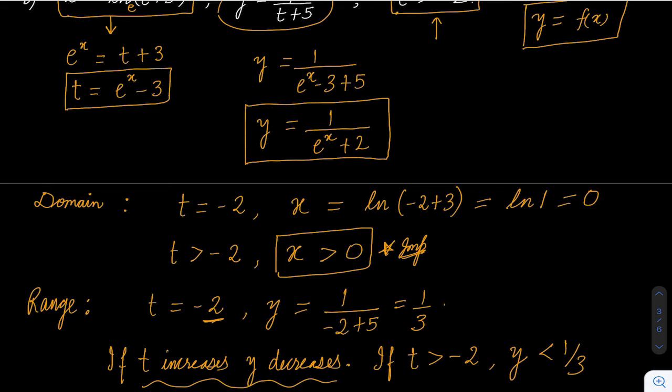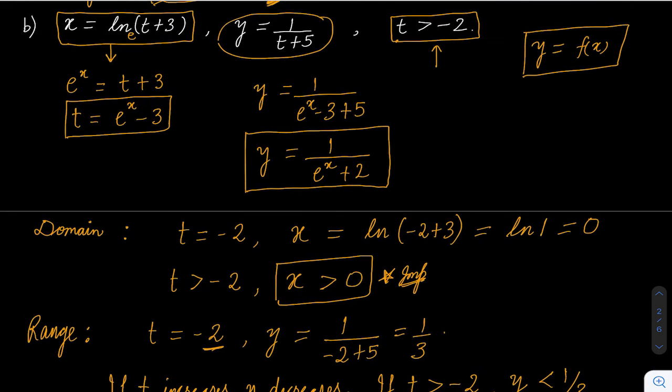Now, we have to think about the lower bound. So what is the maximum value of t? t can go to infinity. So when t is maximum possible, y is minimum possible. So let's find that also. You might have done this a little bit in a lot of chapters. So 1 upon t plus 5, when t is very large, let's say approaching infinity, what happens to y? y will be 1 upon infinity. And what is 1 upon infinity? 1 upon a very large number is nothing but 0.